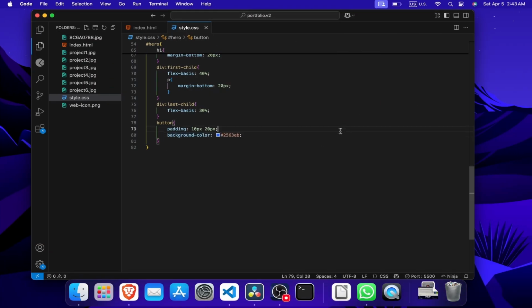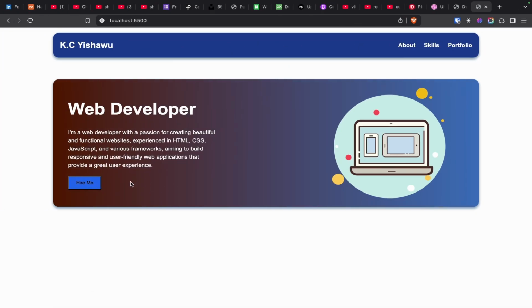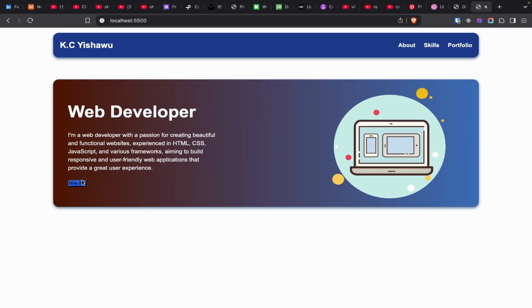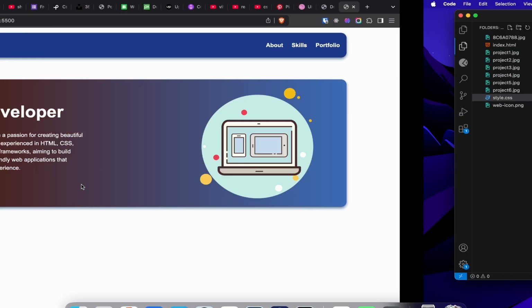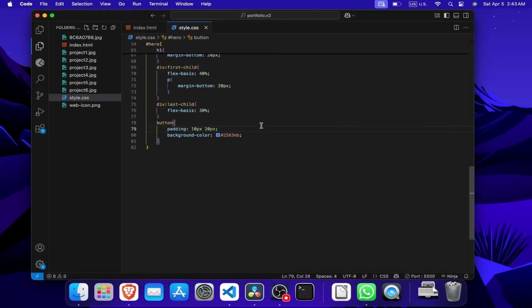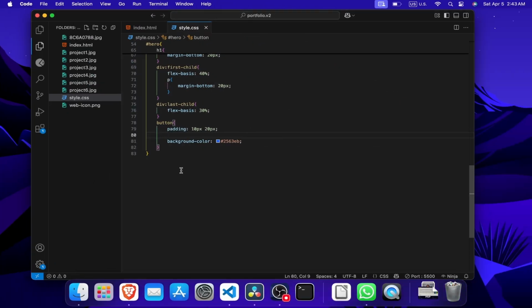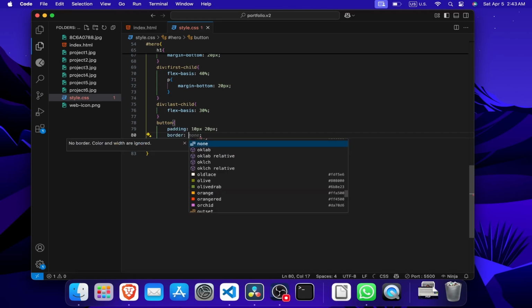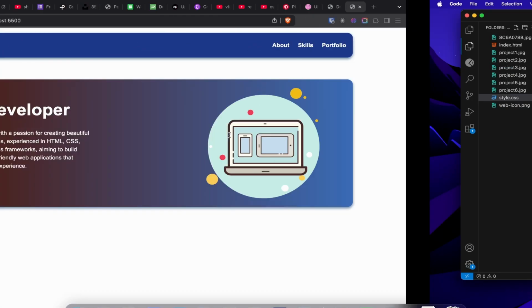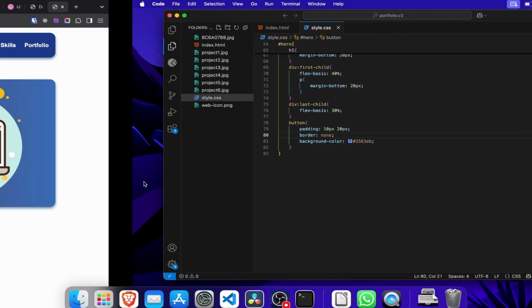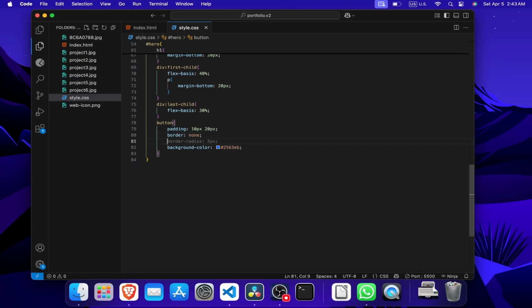If I remove this out, so we added some padding top and bottom, left and right. Then I'm going to remove this border element here. So border none. You can see that the border has been removed from it. I'm going to give it a color of white because that black is not making sense like that. Color, no, this is white, no, this is black. White is